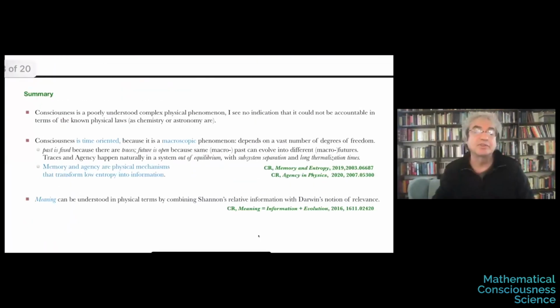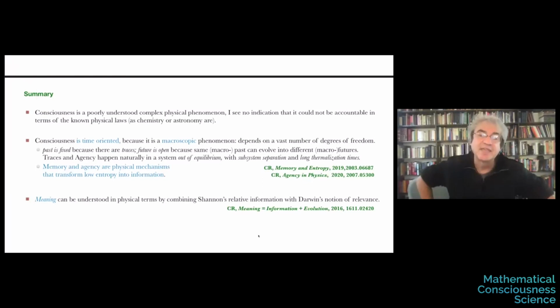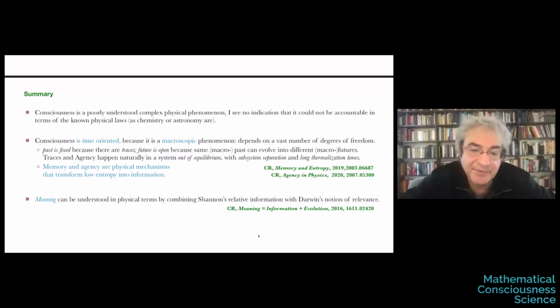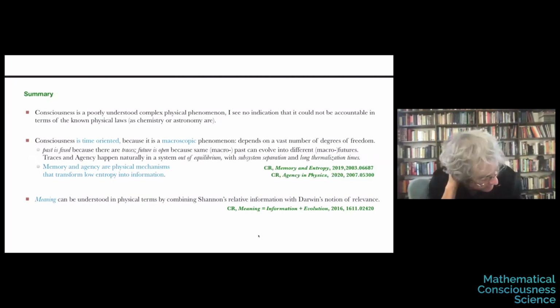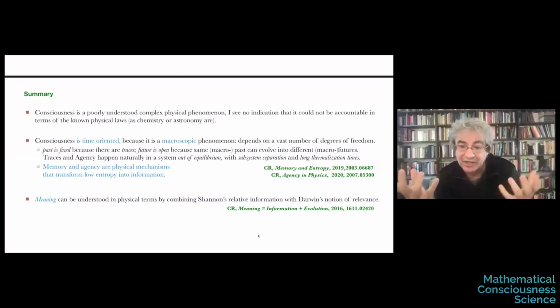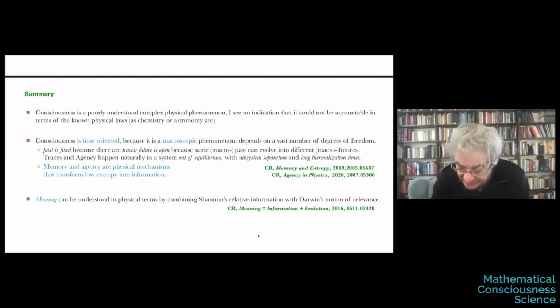The next point, which I went through pretty fast: I think that the hard-to-understand notion of meaning in physicalist terms can be grounded easily in combining the notion of relative information, or physical correlation, with the notion of relevance, which explains clearly why meaning is only a biological thing. There's no meaning in astronomy. You need biology to make it. But biology is easily grounded in physics. And finally, no,